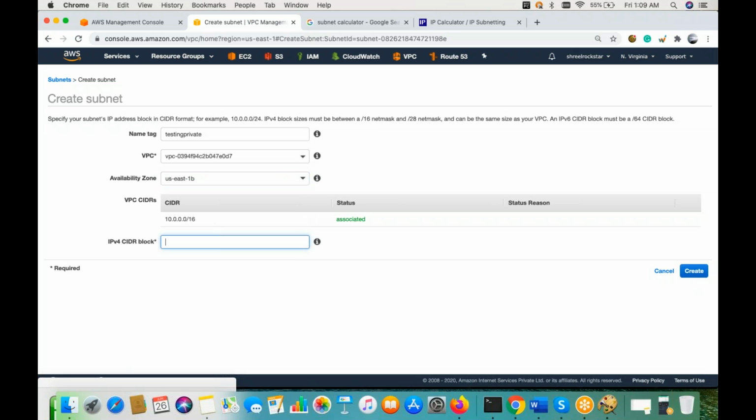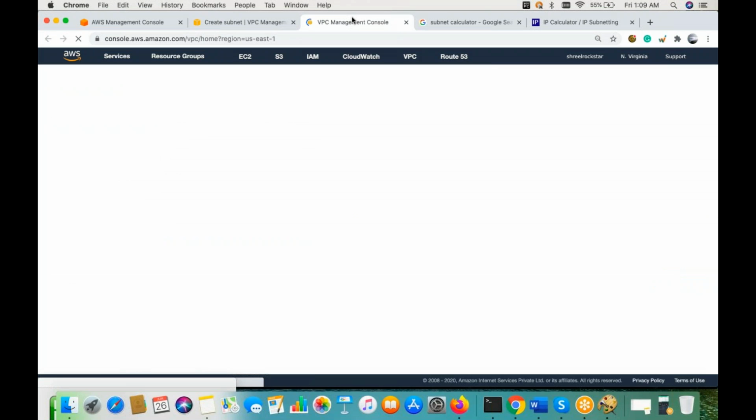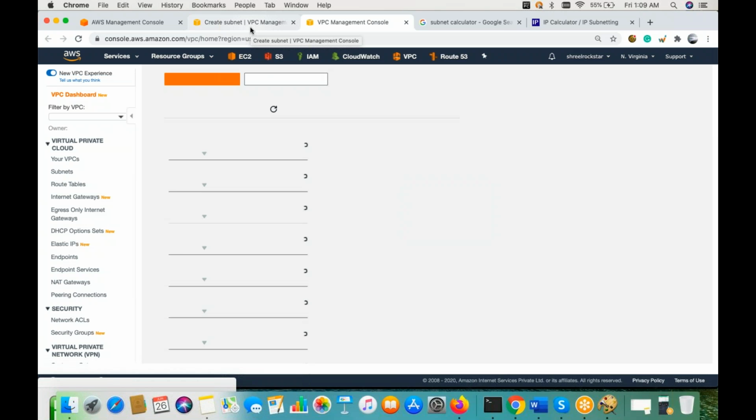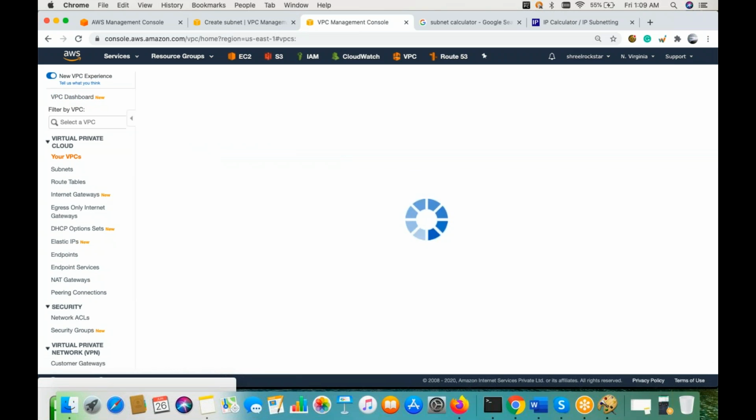Now guys, you have to give a range here. That range is going to be part of the subnet. One range AWS has already suggested for us. Let me give you the idea also. Just a second. See this one. Just try to compare two VPCs. That's it. You will be able to get more idea.